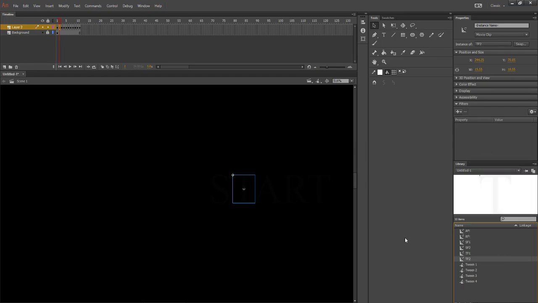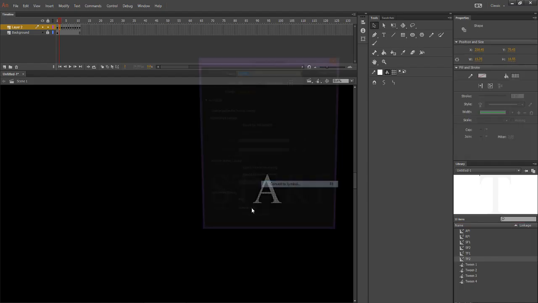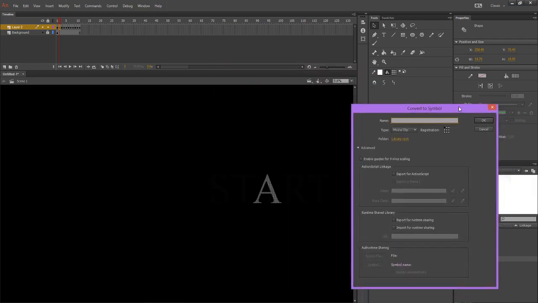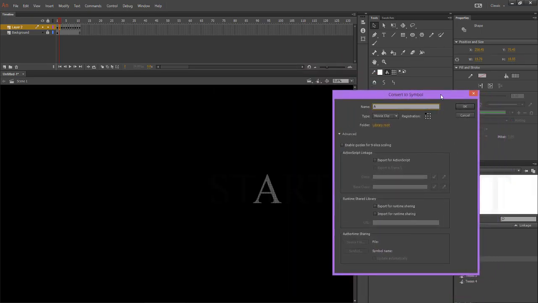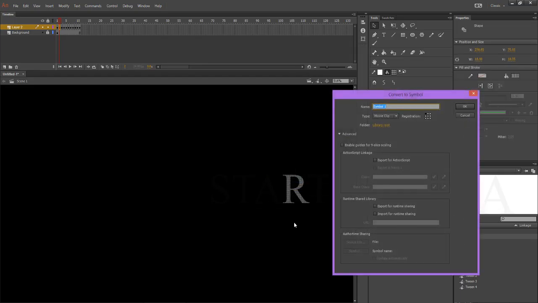It's frame 2. That's what it's at. That was such a dad joke. Oh goodness. That's an A. Frame 2. Convert to symbol R. Frame 2.